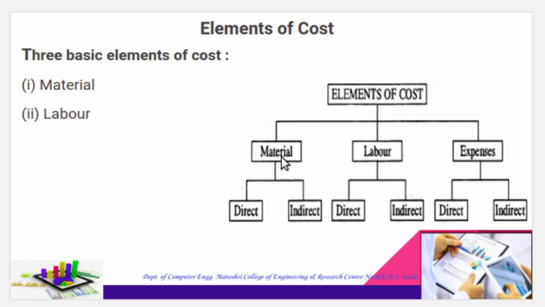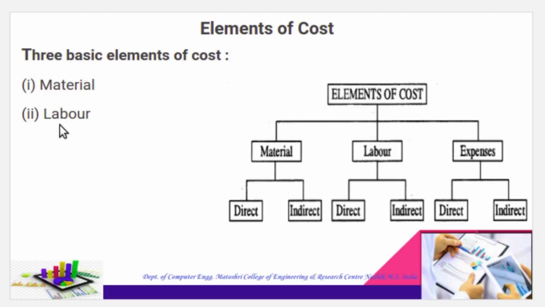All material which becomes an integral part of the finished product, which can be easily measured and directly charged to the product, is called direct material. While indirect materials are those materials which cannot be directly assigned to a specific product, but which form a portion of the product. For example, oils, small tools or nails are indirect materials.